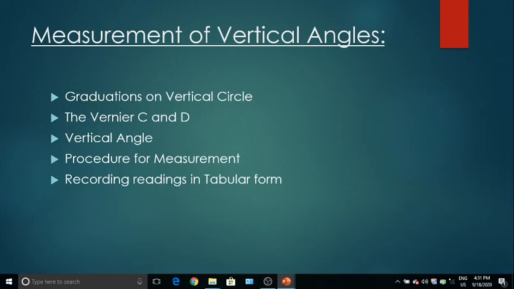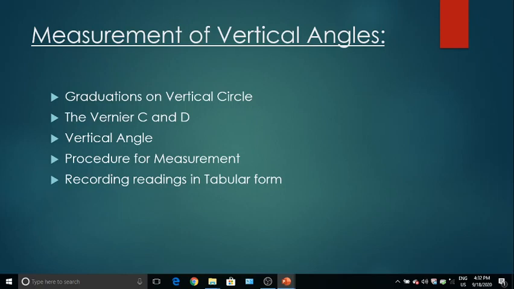So it is assumed that the altitude level is in adjustment, and that index error has been eliminated by the permanent adjustment, and therefore the clip screw should not be touched during the entire operation. Generally, the clip screw will be tightly fixed and it cannot be easily rotated. But in some instruments, there is an option to rotate the clip screw also. However, we are advised not to operate any clip screw, because it should be operated only in case of permanent adjustment, not in regular measurements.